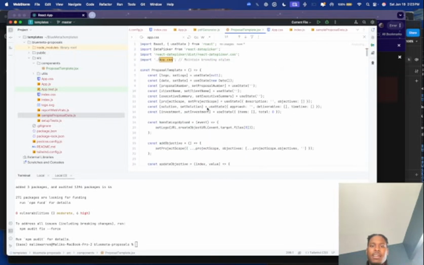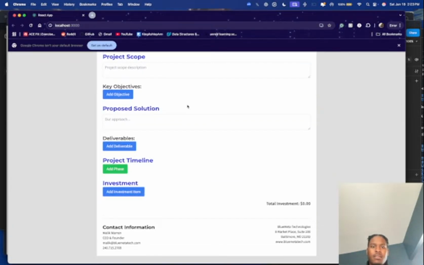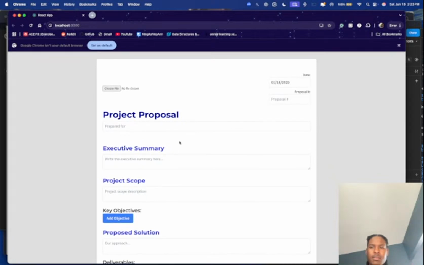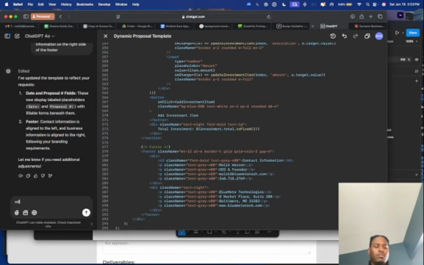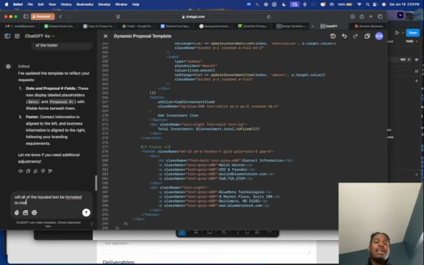Oh yeah, and I forgot, just another dot. Be formatted to match my fonts for